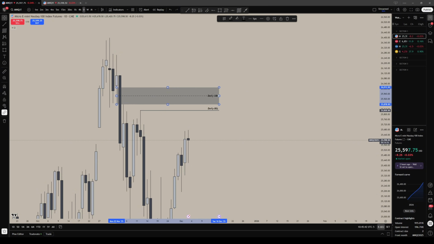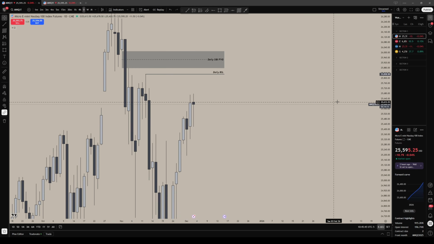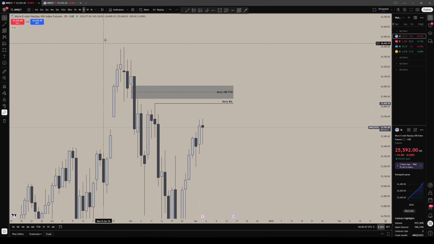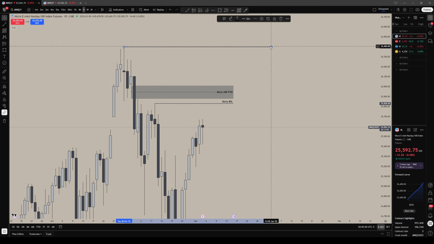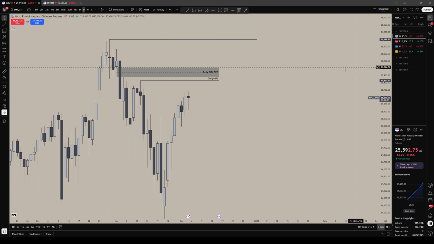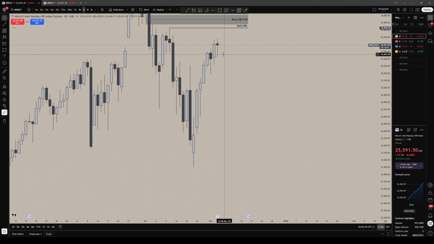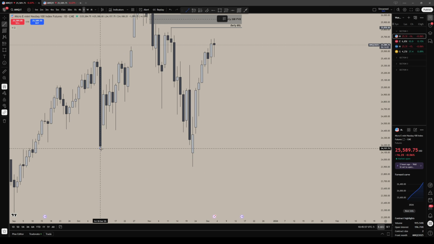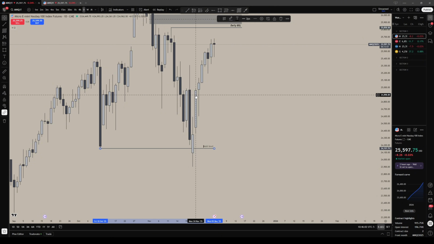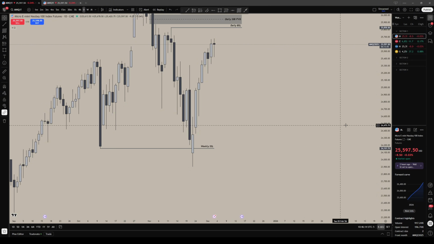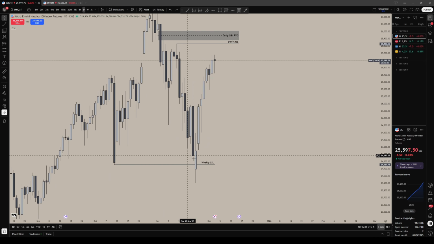We have an unmitigated daily SIBI, a bearish fair value gap. And then what else do we have in the daily? We have an all-time high here, and I'm not gonna really name that, but that's just good to always have. This is what I did for myself when I did a weekly review, every Saturday or Sunday, trying to understand where price might go next week. And last week we hit this weekly sell side liquidity target, and we've been delivering off of that.